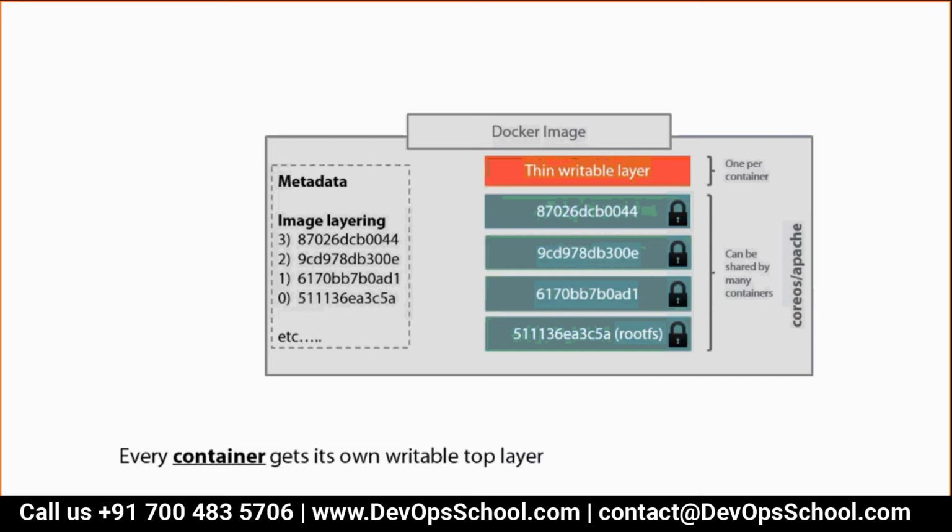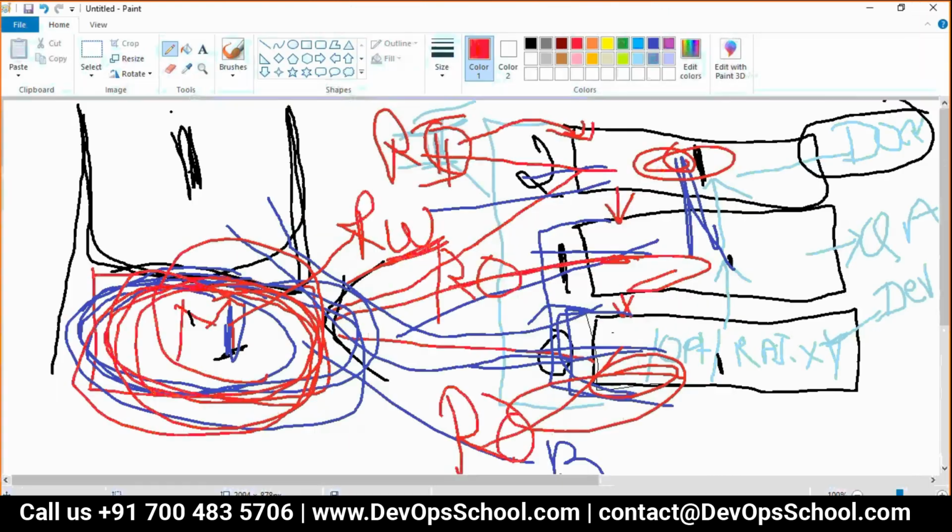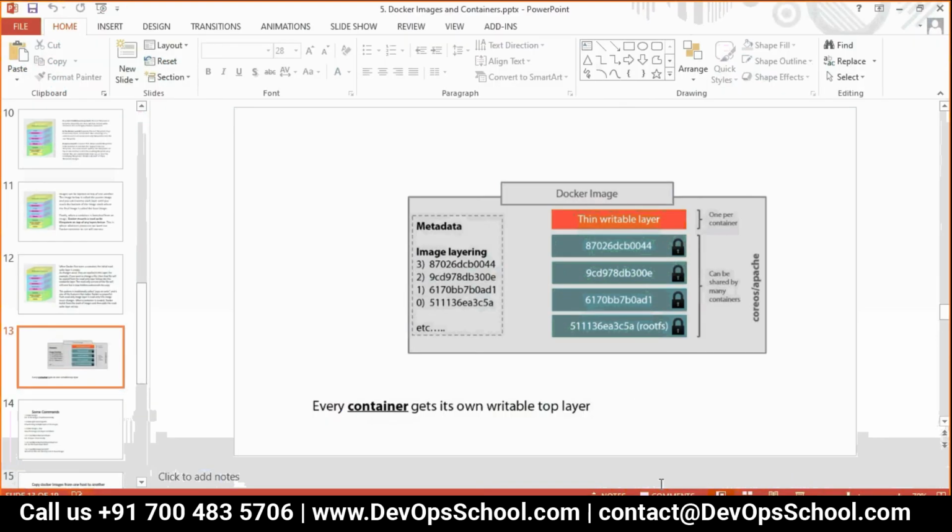Yes. But in that case, I need the low layer to be kept. No problem. You create a low layer, so you create an image not using the top layer. You create an image using the lower layer. I told you, you can create from one container, you can create from here, one container you can create from here, which includes these two. All three. Depends on you.